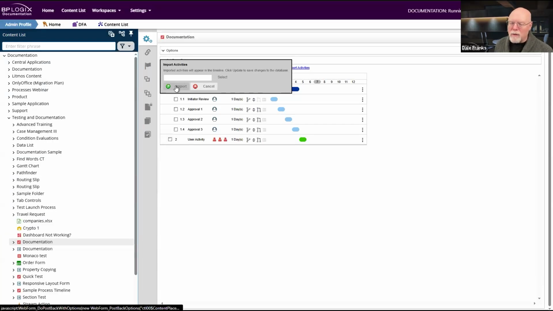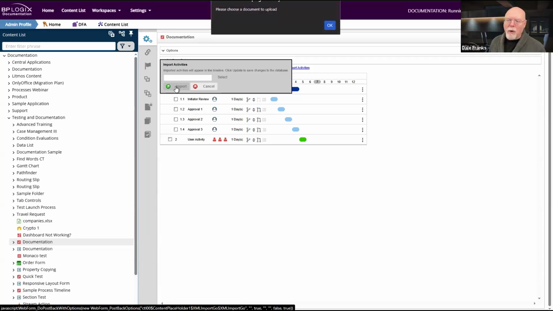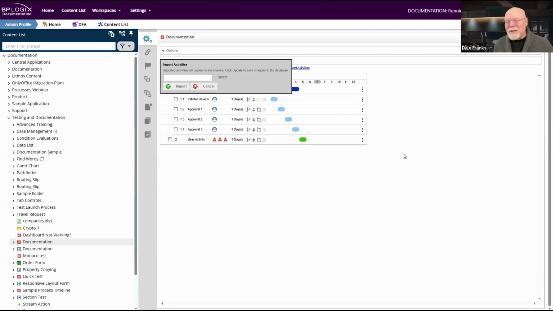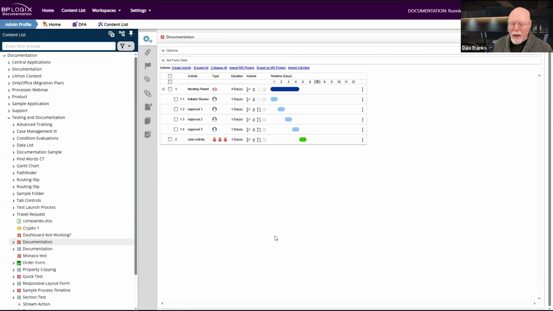And then once you've selected it, you can just click the import button. Of course, right now it says, please choose a document to upload. I don't have a document because while the import looks like it works, the export doesn't work. So I don't have an XML file, but that is the process that you'll use to do that export and import.